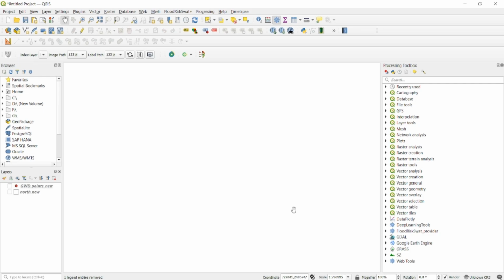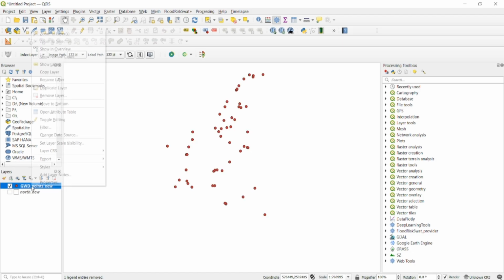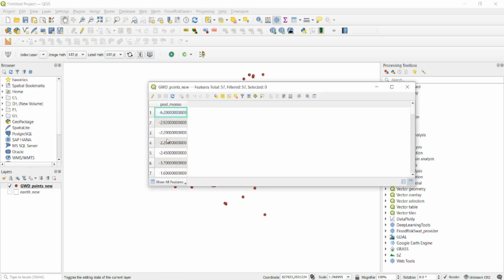Now we'll learn how to interpolate a surface from some known points for the unknown points areas, or how we can convert the point data set into a continuous raster data set using the IDW interpolation algorithm. For that we need basically two types of data set. The first one is a point data set having some attribute data in it, based on which the interpolation will be done, and in this case the interpolation data is post monsoon